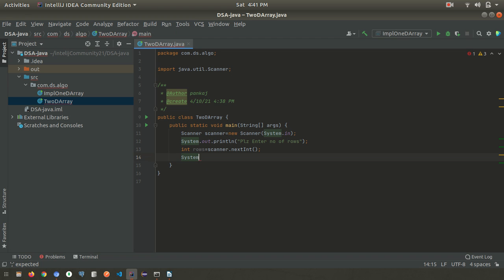And again we'll ask the user to enter number of columns. So how we can write it, System.out.println of please enter number of columns.